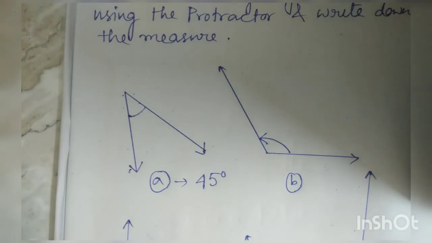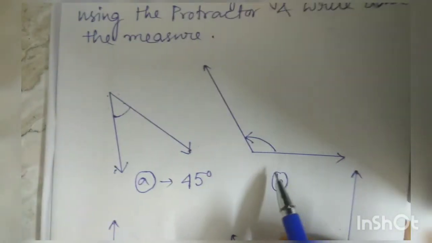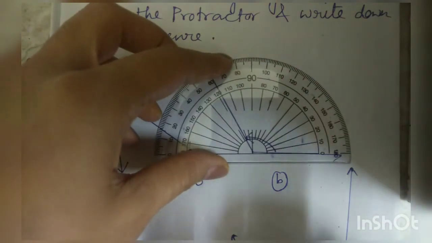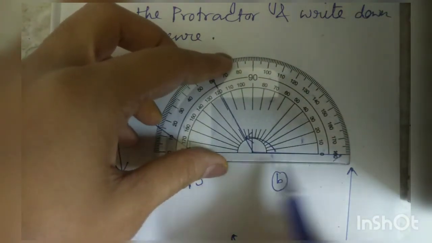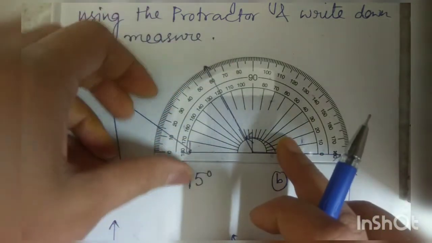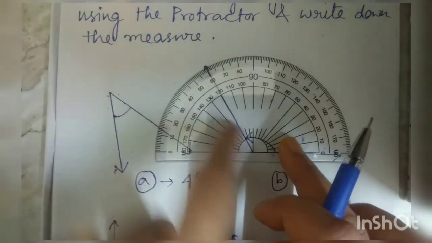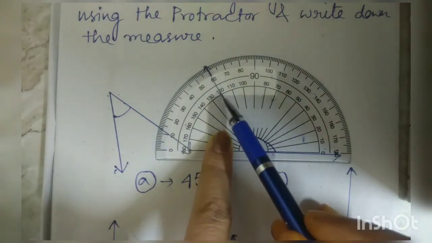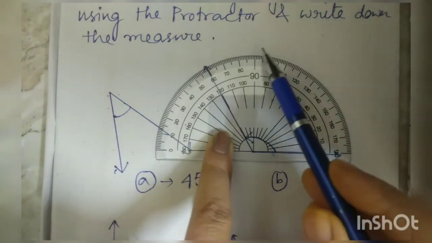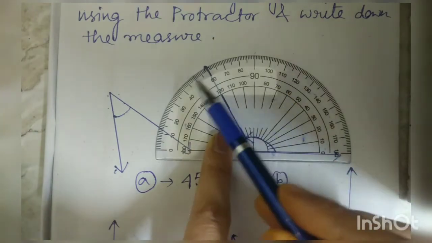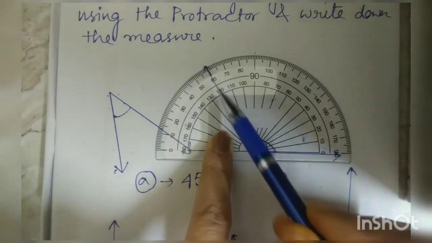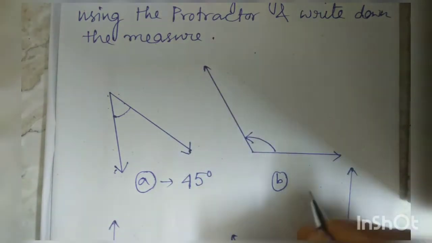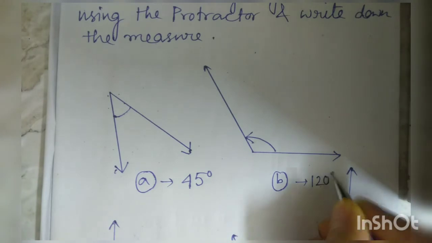Okay, now similarly here in this point we will coincide the protractor with this line, along with this 180 degree line, and we will be able to see which angle is indicated. See, exactly on the lower side it is 120 degree, and obviously you can understand that if this is 90 degree, this is more than 90 degree, so it coincides with the 120 degree point of the 180 degree line. So this angle will be our 120 degree angle.